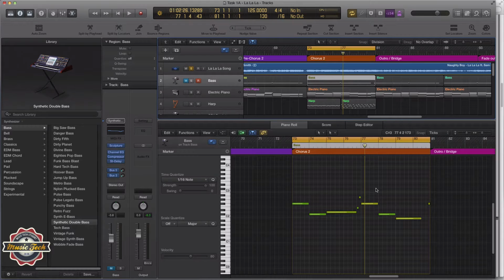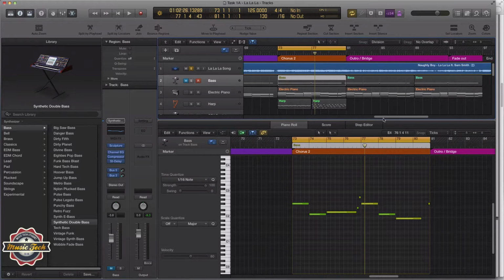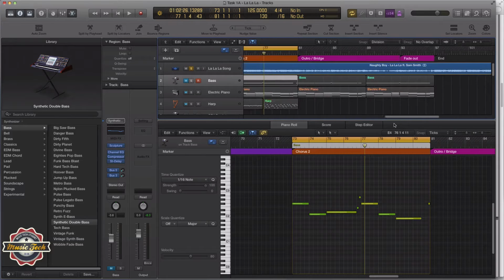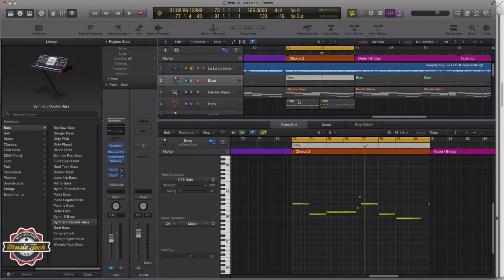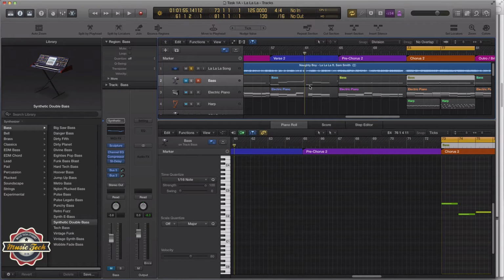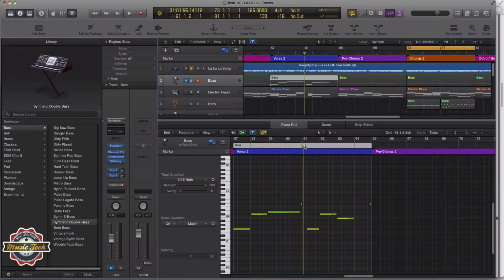Now, there's a couple of changes. If you write this out from the score, you're going to see that there's a few changes. Now, my bar 61, and remember, for the moment I'm including the actual pre-intro, which I'm not going to include when I do the final mix down. But for now, my bar 61, which could be different from yours, let's just find bar 61, which is here. From the score, it's ever so slightly different, okay? I've done this change already, so you're not going to notice any difference. But what I've found, I think it's either here or here, that there is a silence, okay? I think the actual original, it shows it coming out here and there's no silence. But now, if I press play...